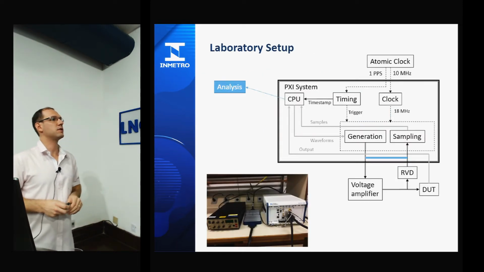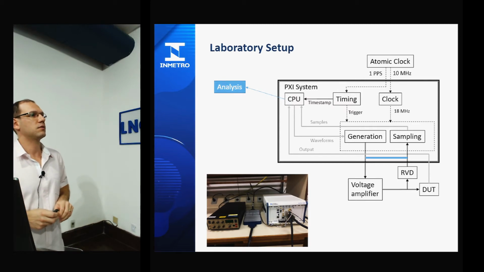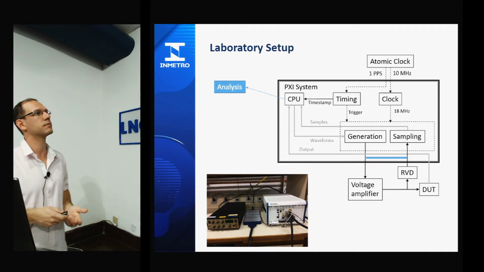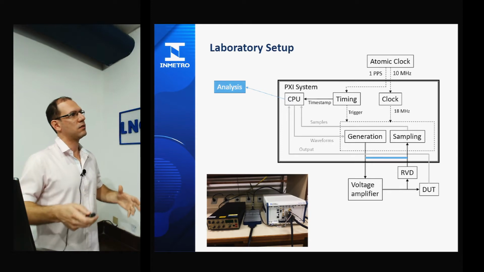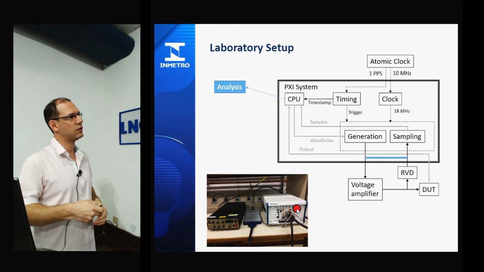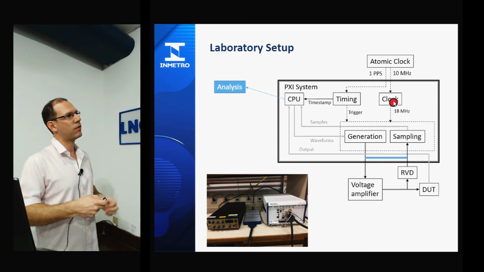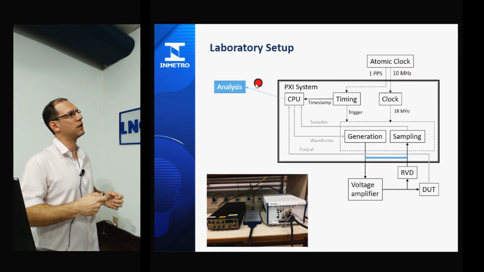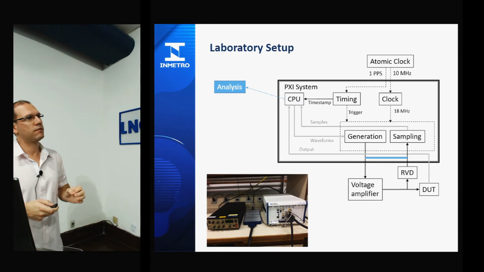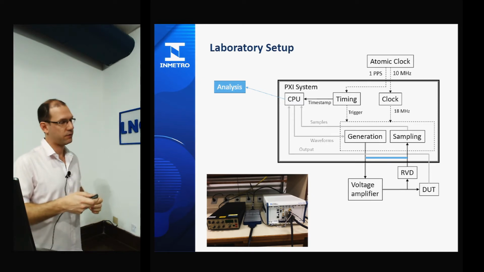And this is the laboratory setup we are developing at INMETRO to serve as a PMU calibrator and also a calibrator of PMU calibrators. To validate this procedure, we have implemented it in a PXI system, which is shown here. It is capable of generating and sampling signals with the same time basis, which come from an atomic clock. And we have a CPU here that can perform the analysis we showed in the last slides. To have this first validation,